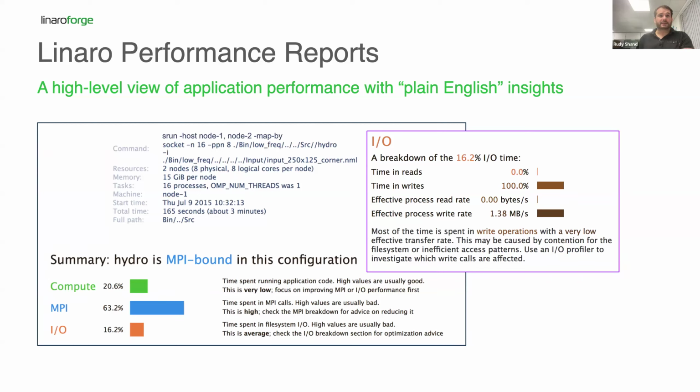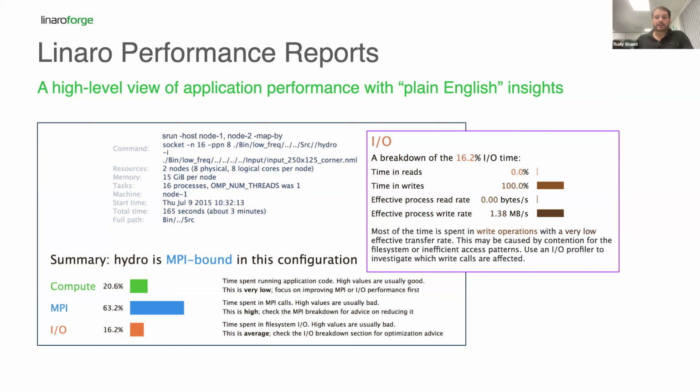So in the metadata, it tells you how many nodes you're running on, what command you used to run it, how many OpenMP threads you're using, and how long the wall clock time of the run was. So for this specific example, it ran for 3 minutes. And out of that 3 minutes, 20.6% of the time is spent in compute, 63.2% of that time is being spent in MPI, and 16.2% of the time is being spent doing IO type